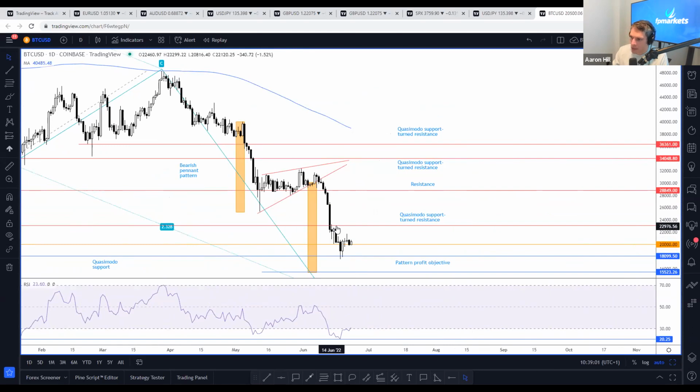But yeah, so we could have taken a short on this, and this really does serve as an ideal upside objective, right? At 23.11 from this whipsaw, from this almost manipulation, if you will, of the break below the 20K area. Let me just see.